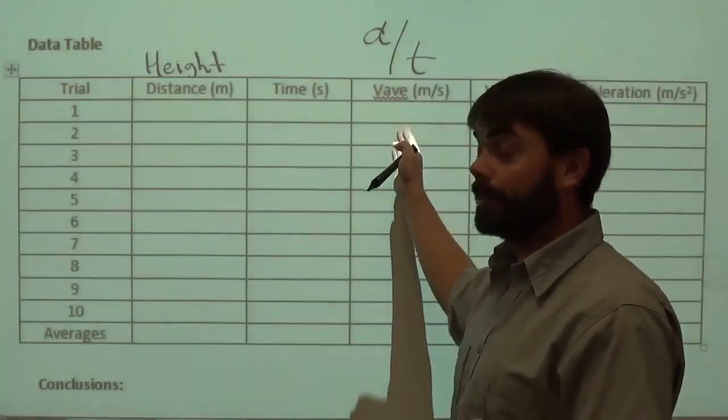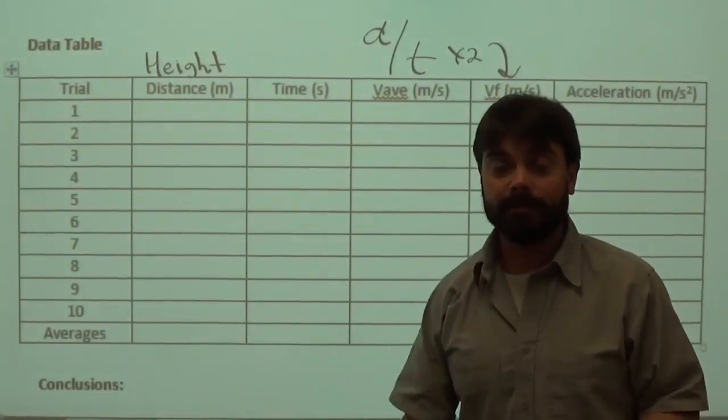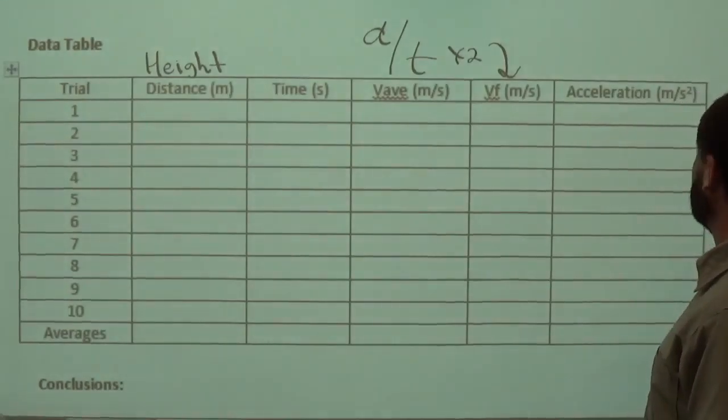So whatever you end up with in this column, you can simply multiply it by 2, and you can put it right here. So looking back at the equation from before,